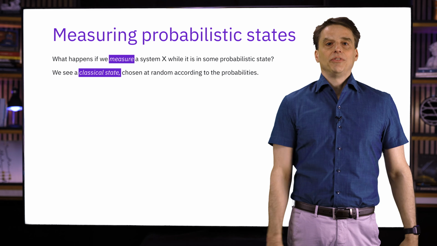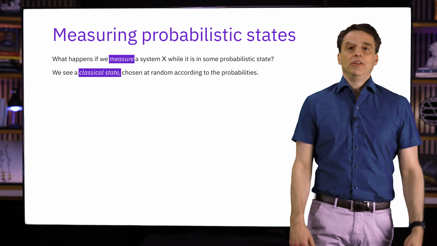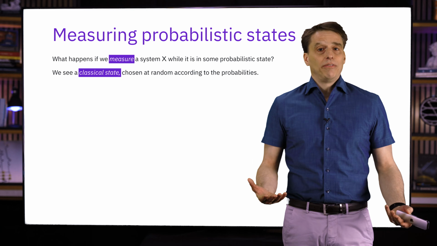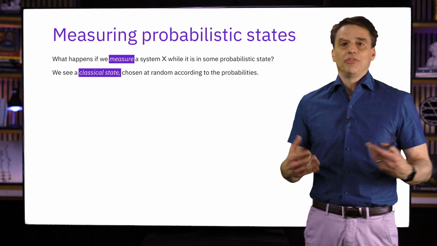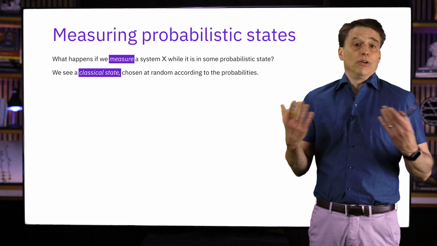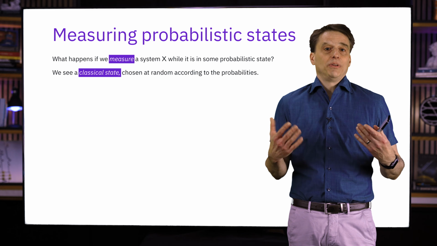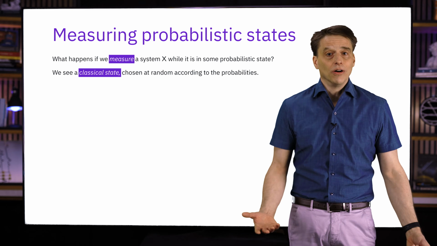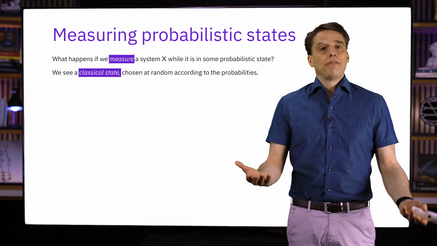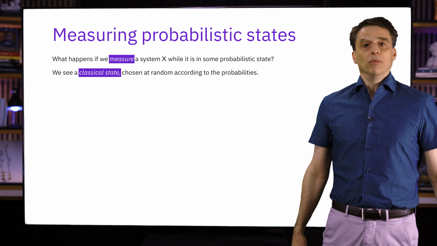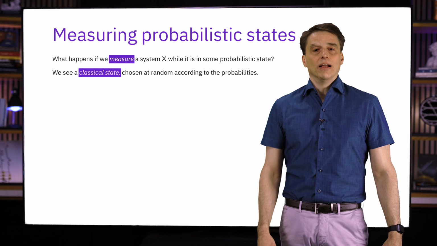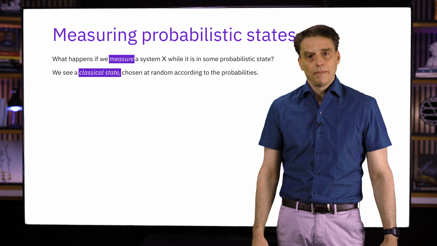And the particular classical state that we see is one that we can imagine is chosen randomly according to the probabilities. Now, you might object on philosophical grounds to the idea that the classical state we see is somehow chosen at random at the moment that we measure or look at the system. The system simply was in some particular classical state all along, and we just happen to have learned what the state was. But for the sake of thinking about the mathematical framework we're working with, it's okay to think about it this way, and doing so will allow us to draw a parallel with quantum information a little bit later.